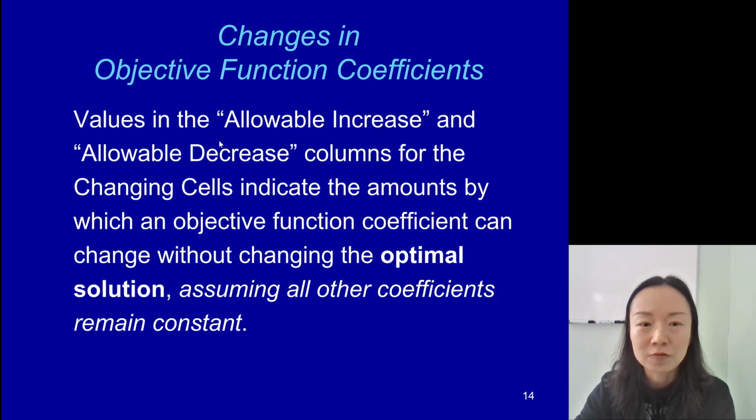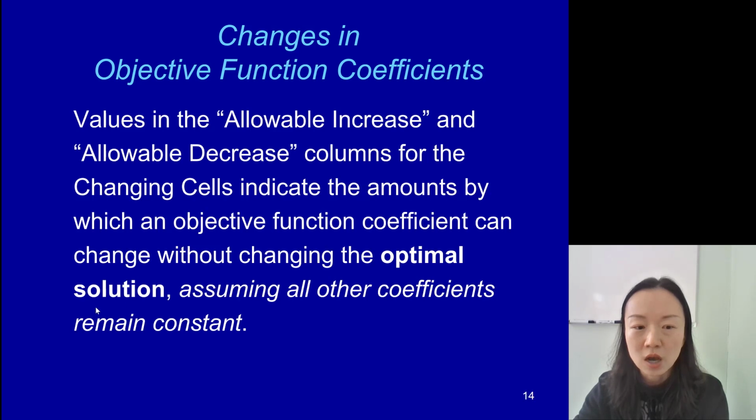Okay, so the values in the allowable increase and the allowable decrease columns for the changing cells indicate the amount by which an objective function coefficient can change without changing the optimal solution, assuming all other coefficients remain